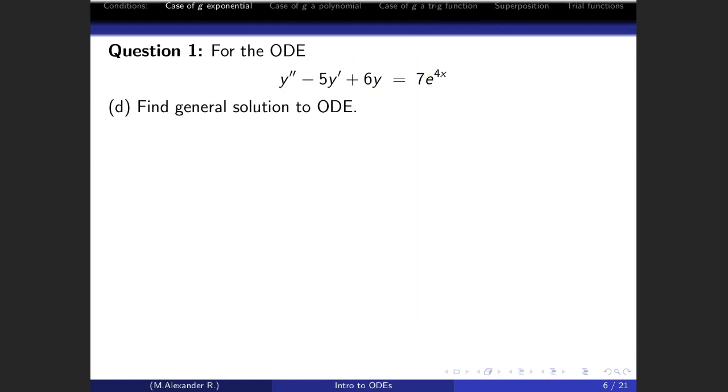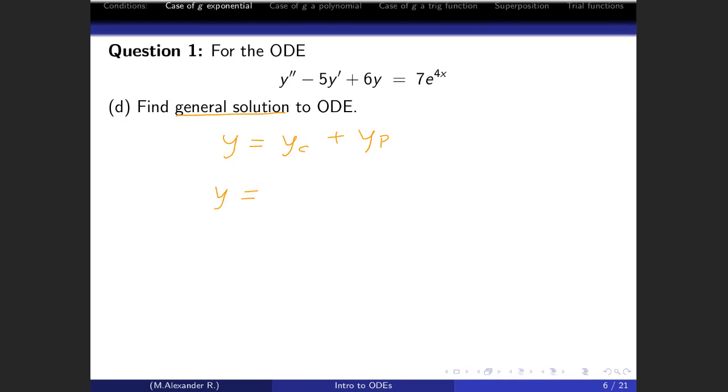All right, so now one more part to this question. Now this question is asking us for the general solution. The general solution to a non-homogeneous differential equation is going to be of the following format. We have to add the complementary solution plus the particular solution to the problem, and we found those